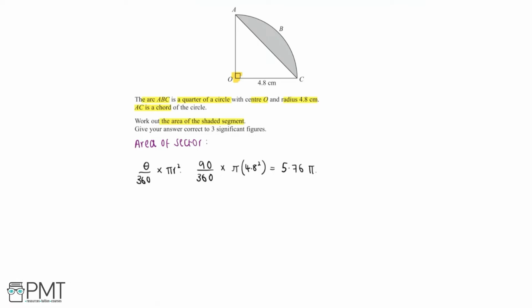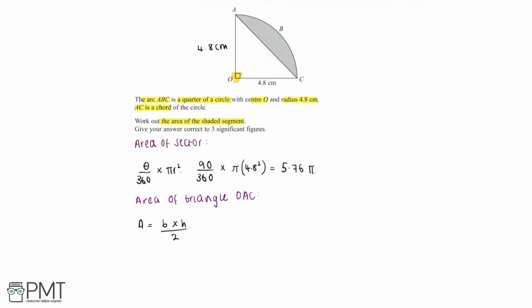So now that we've found the area of the sector, we can find the area of triangle OAC. To find the area of triangle OAC, we'll do base times height divided by 2. We know that we have a base of 4.8 centimeters, and this is the radius of the circle. And so the height is the length OA. And so we can infer that the length OA is also equal to 4.8 centimeters, because OA is the radius